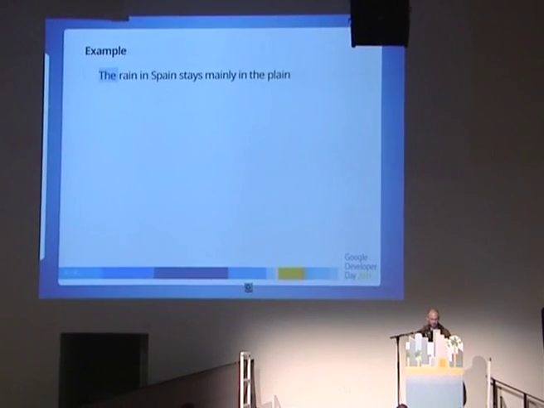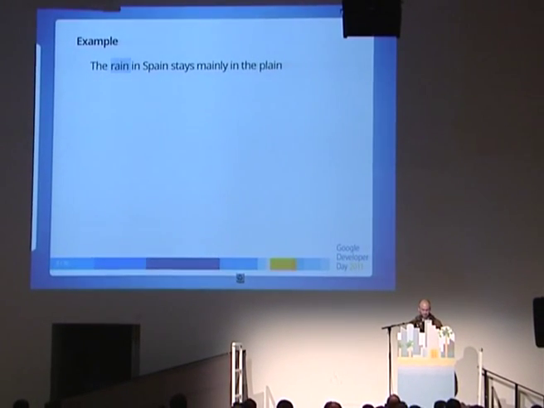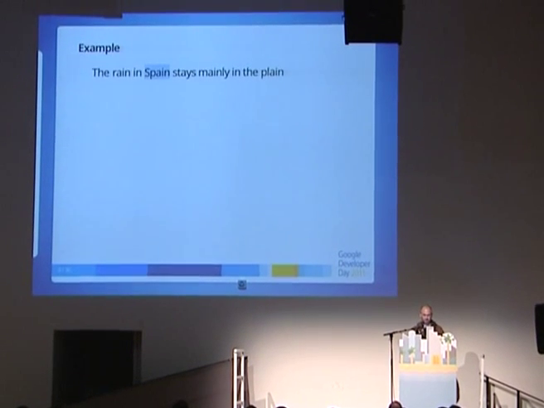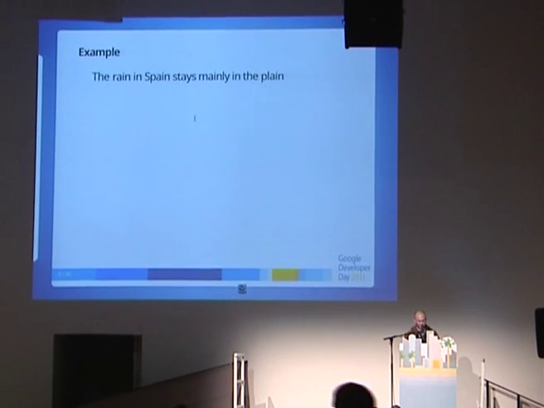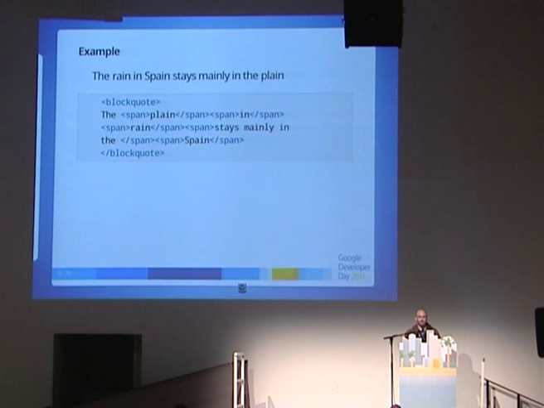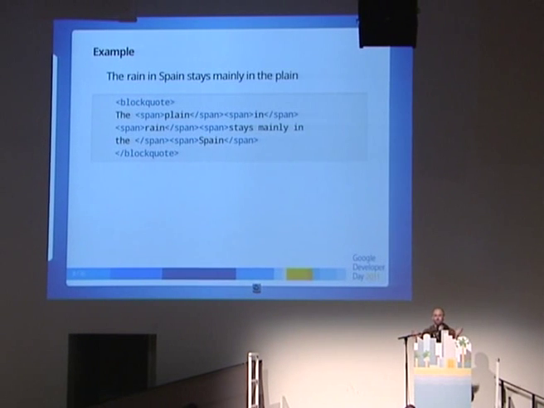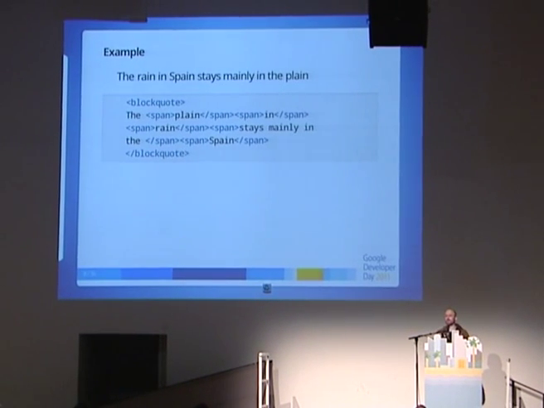Example heading: The plane in rain stays mainly in the Spain. That's a bit odd. I wonder why that happened. If we look at the DOM that was used to create this, we see that what's happened is that we've simply used absolute positioning in order to move things around on the page so that they look like they're in